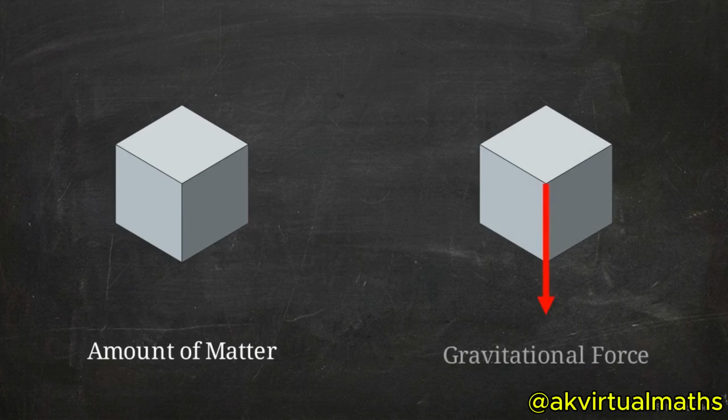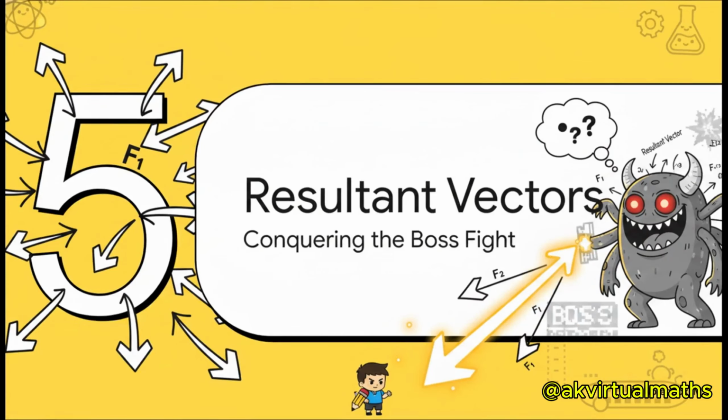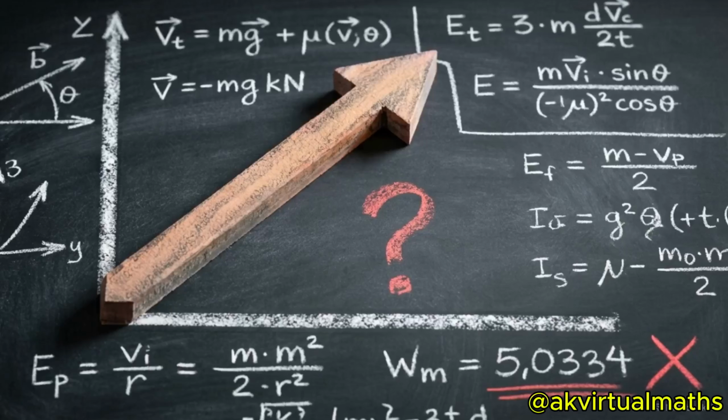It is the actual gravitational force pulling that mass downwards. Section 5, Finding Resultant Vectors. Time to conquer the boss fight. If you leave out the directional component when working with a vector, your physical calculations will simply fail to match